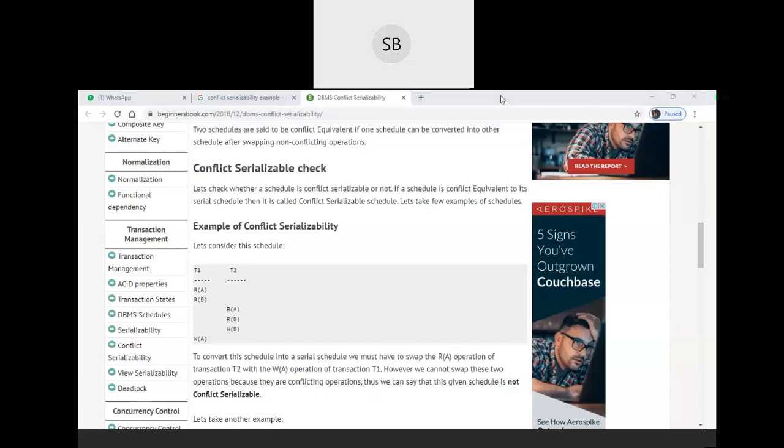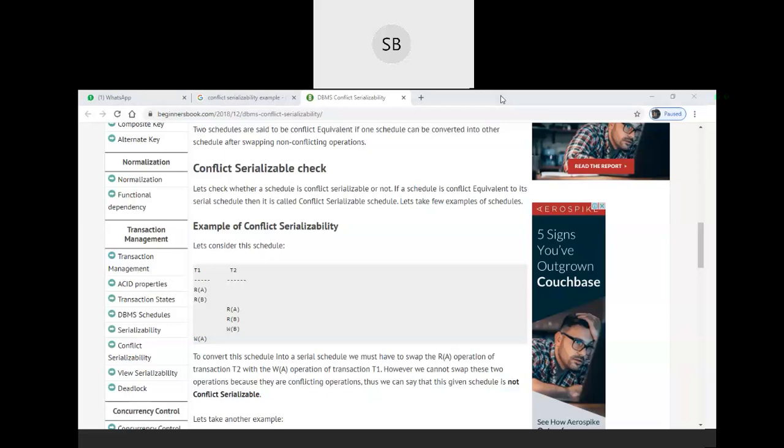What is the first step to check for conflict serializability from the last day's class? You told me that you people understood, right? What was the first step? We have to find the conflicting pairs, right?